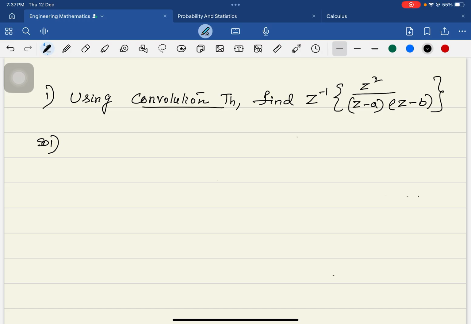So now here, what is your F(z)? Let us take F(z) as z by z minus a and G(z) as z by z minus b, because this is the product of two functions. Z by z minus a into z by z minus b gives you